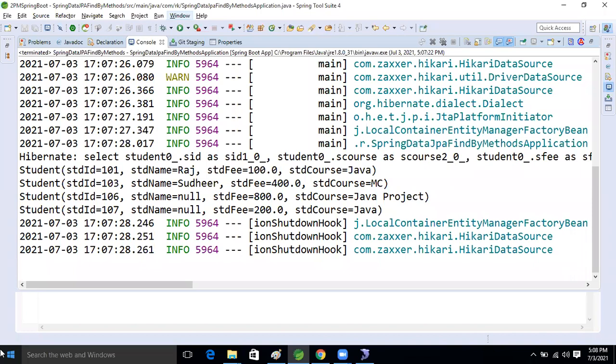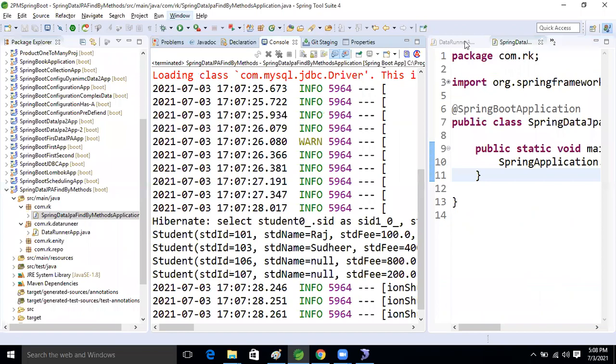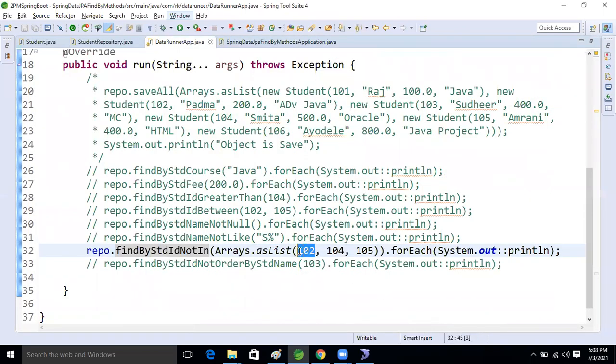Okay, not in. In means matching records we will get. Not in means matching records we will not get. See, these records we are keeping here: 102, 104, and 105.